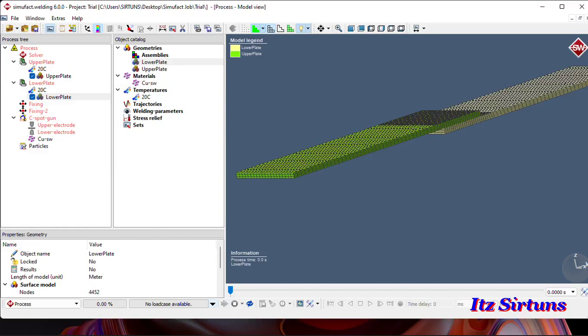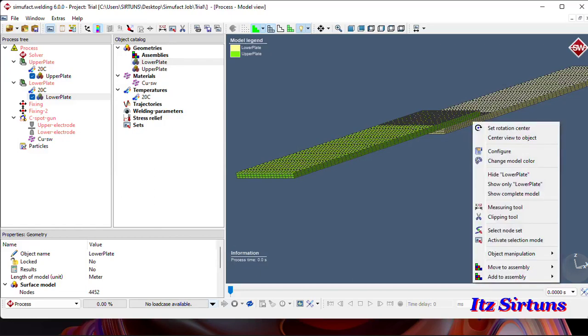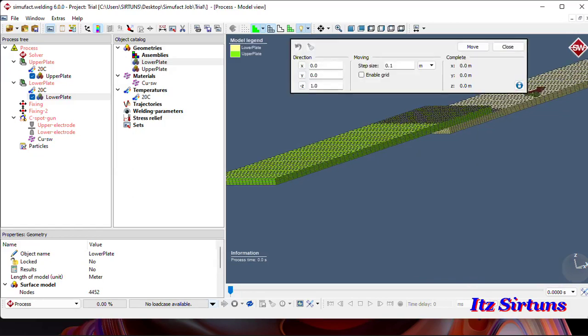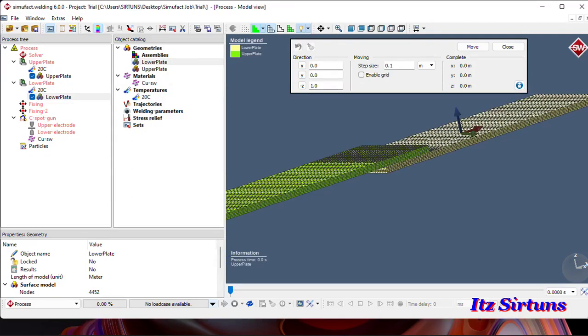So right click on the lower plate and then choose object manipulation and choose translational. What we are trying to do is move the object along this axis, and for that axis, you just take note of the display here. When I touch this, it shows that that's the x-axis. If I touch this, that's the z-axis. I want to move along the y-axis, but automatically my direction is to the